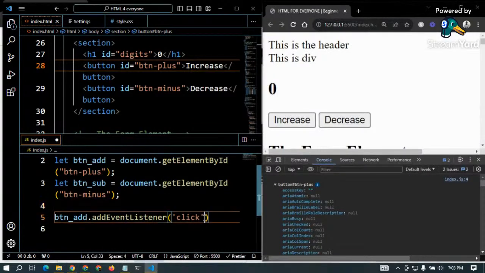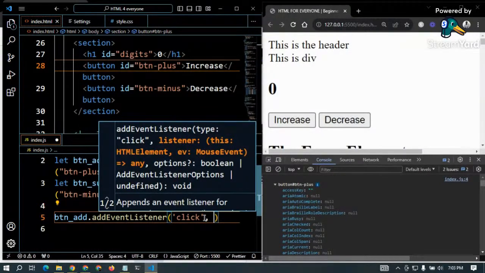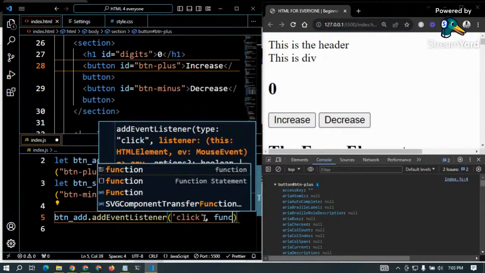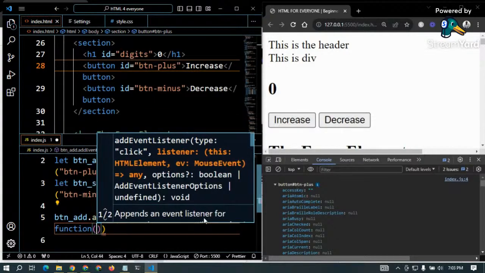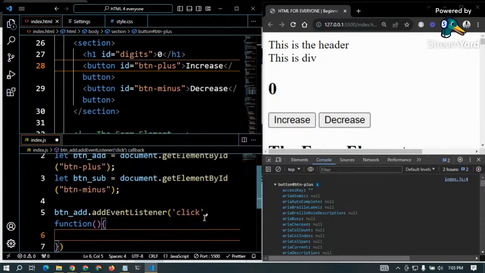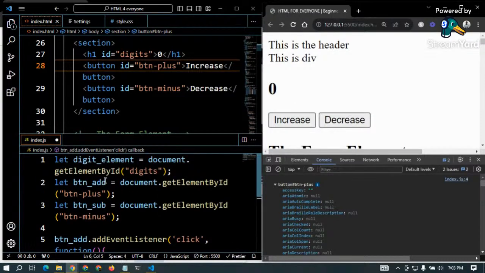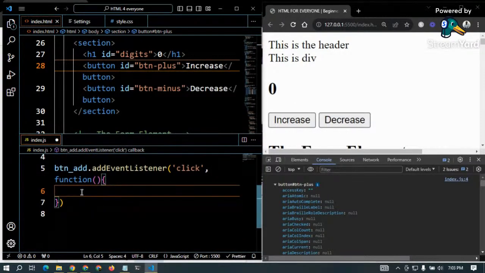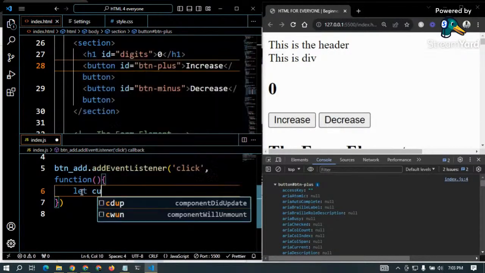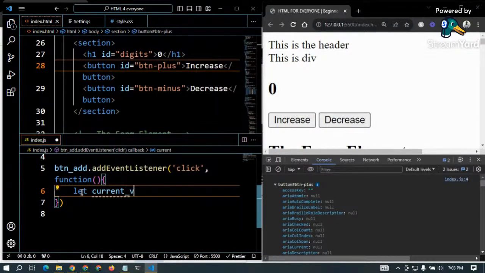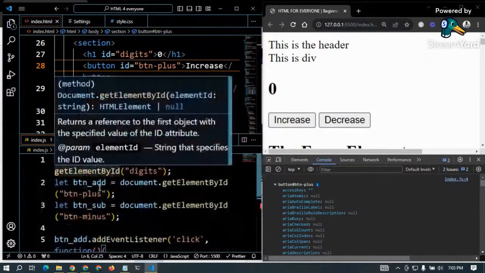So the click event, then I can use an arrow function here. But to keep it simple, let me just say function, then okay. The first thing I want to do is to select the element, but I've selected it already, so I have no problem. So the first thing I want to do, I can just say let current value equal to this particular digit element